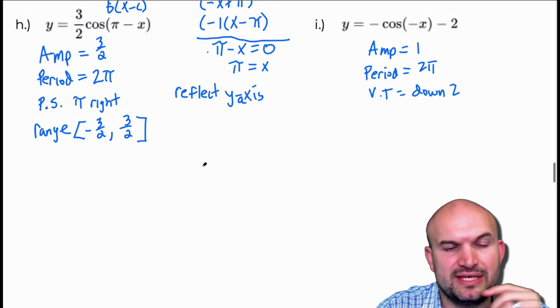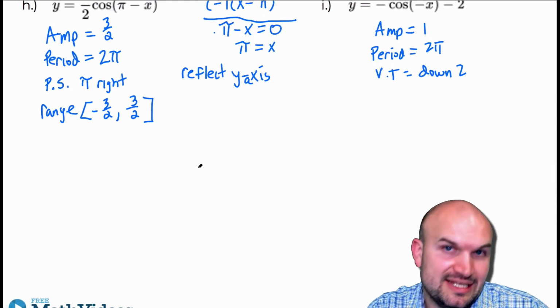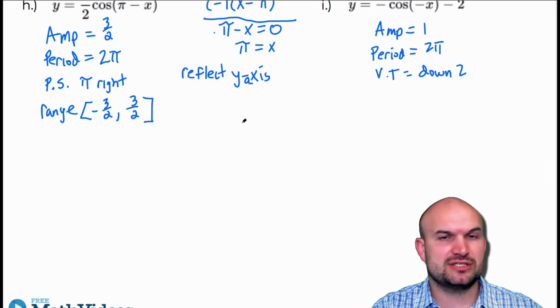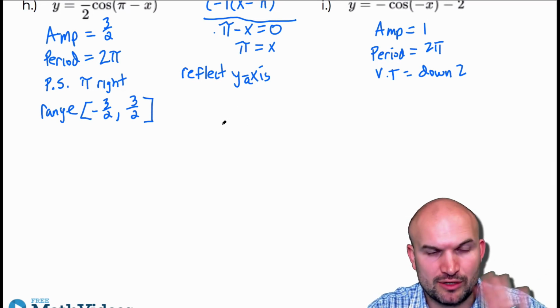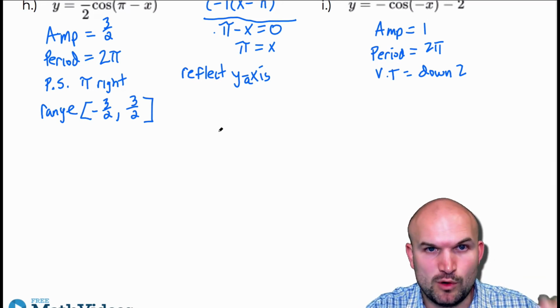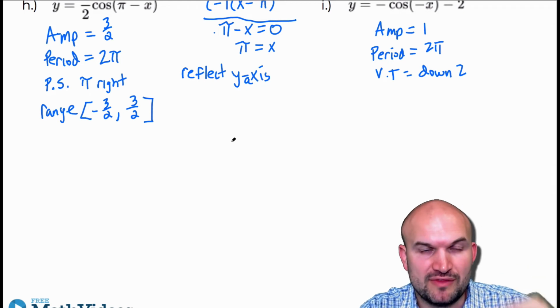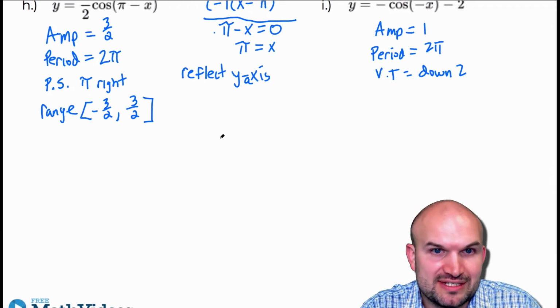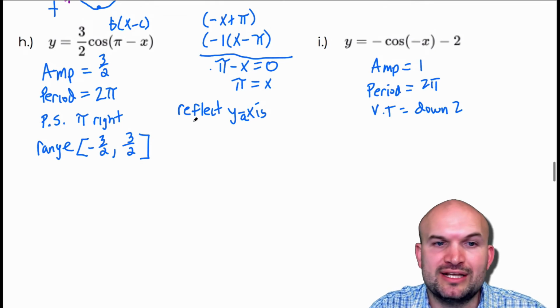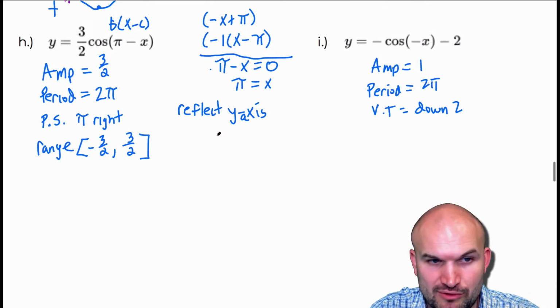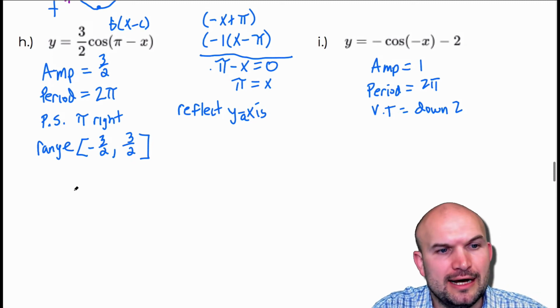Now, the nice thing about the cosine function is it's an even function. Just like a quadratic, if you take a quadratic and reflect it about the y-axis, you're going to have the same quadratic. If you take the cosine graph and reflect it about the y-axis, you're going to have the same graph. So even though we want to note that it has a reflection about the y-axis, it's not actually going to be affecting the graph at all. So therefore, we can just